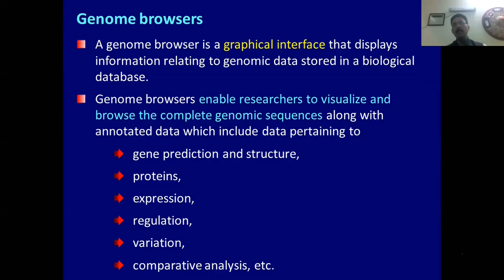So these genome browsers have been developed both in US as well as in European countries, and there are many genome browsers which include genomic information of the livestock as well as poultry. I'll give only one or two examples. So they not only store the information about the whole genome sequences of different livestock and poultry, including other eukaryotes and prokaryotes, now they are in millions in numbers, and they also provide information pertaining to gene prediction and structure,